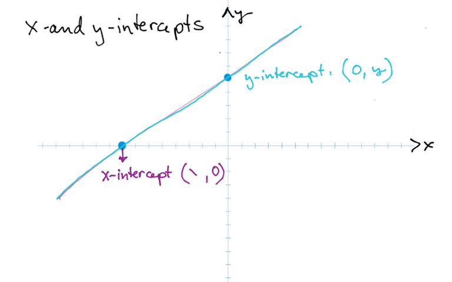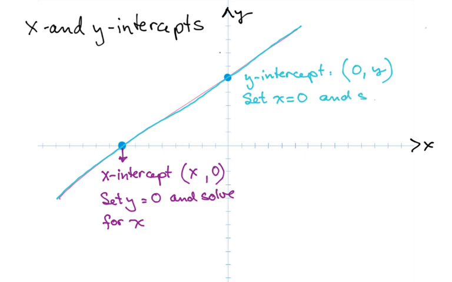It is 0. So in order to figure out the x and y intercepts, for the x-intercept, you set y equal to 0 and solve for x, and for the y-intercept, you set x equal to 0 and solve